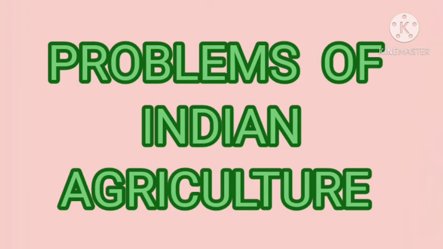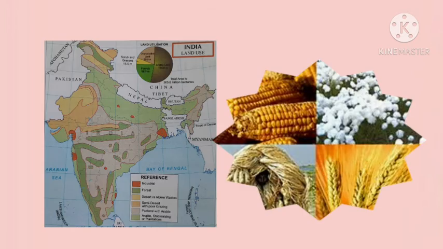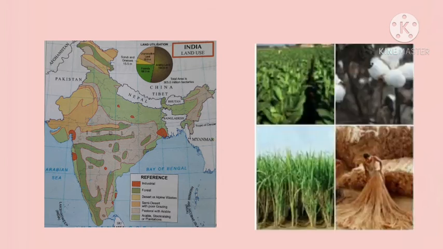India is a vast country. It has a large area which is suitable for agricultural activities and it comes under the tropical climatic region. Because of its climatic features, it has a very long cropping season, and due to the climatic variations and soil conditions present here, India is able to cultivate different types of crops, food crops as well as cash crops. But we still have some drawbacks in the field of agriculture.